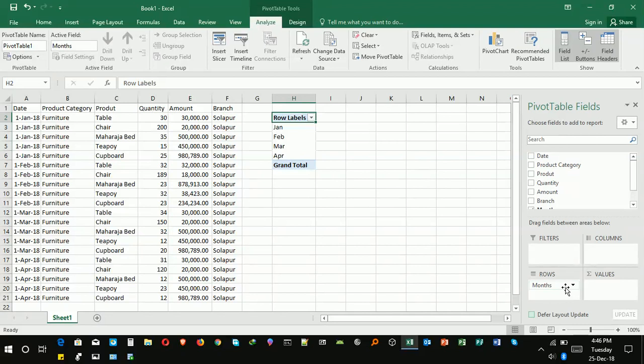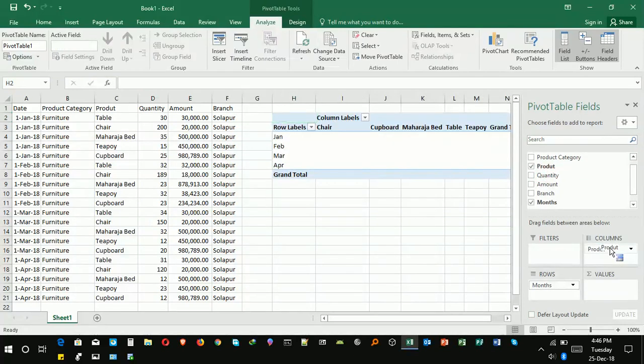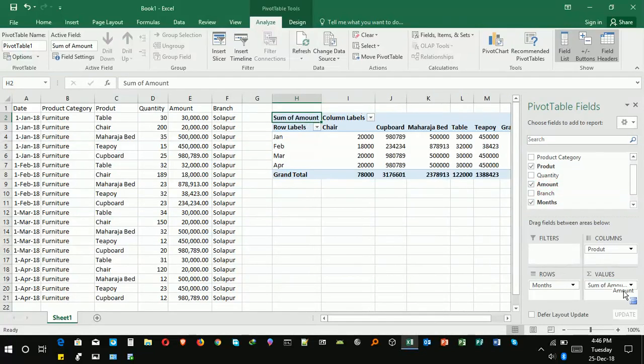Now I have selected months. So in January month how much you sold, in February month how much, in March, and in April, you can check that. Now what I am going to choose is the product. Let us say for example I want product in columns. So I drag and drop the products in columns, and there are two fields, one is quantity and another is amount. I want amount first in my values column. So automatically the sum will be